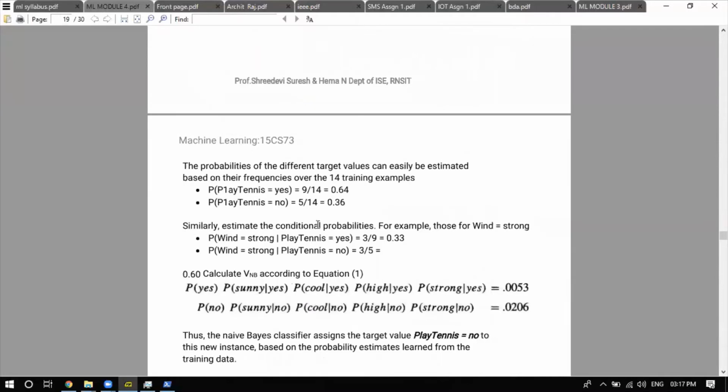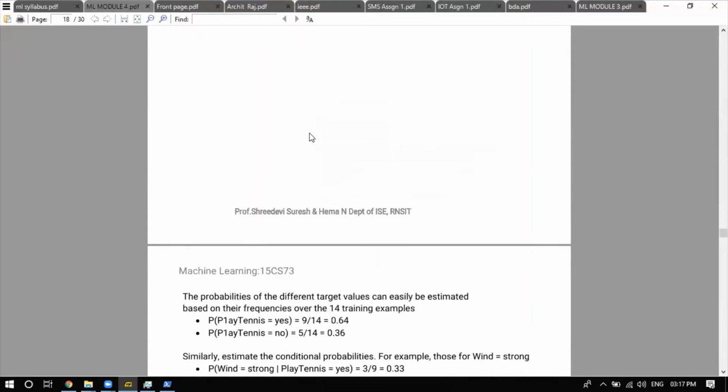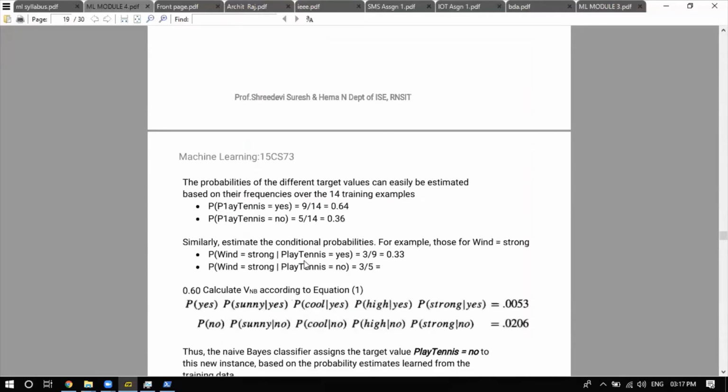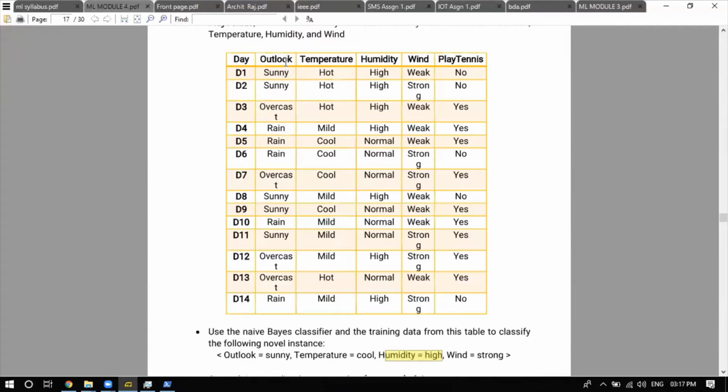We have to find humidity high when play tennis is yes, and humidity high when play tennis is no. Similarly, we have to find out for temperature: temperature cool when play tennis is yes, and temperature cool when play tennis is no. We'll find a number. Now for outlook: sunny, overcast, rain.